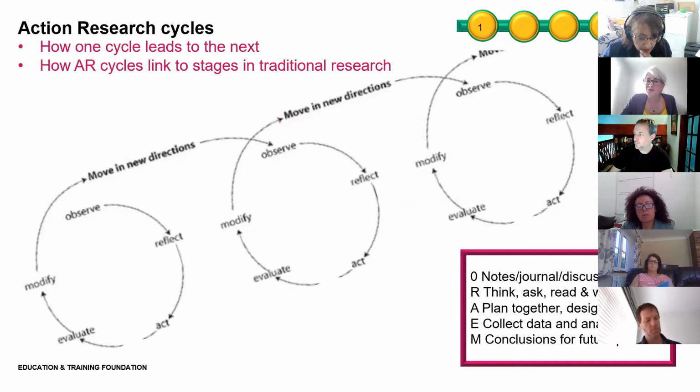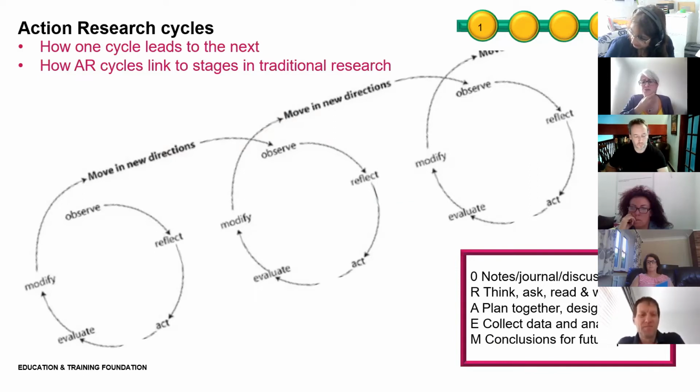Action research cycles. So cycles are a really useful and tangible way of thinking about action research. If you like diagrams, you might like cycles. There are action researchers out there who think that cycles are sort of restricting people and a bit sort of, you have to follow A, B, C, D. But if you're starting off in action research, or you've just got a year or two under your belt, I would recommend starting with cycles. I think they're really useful.